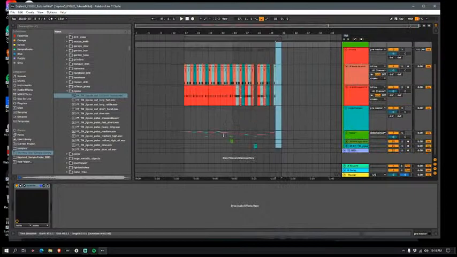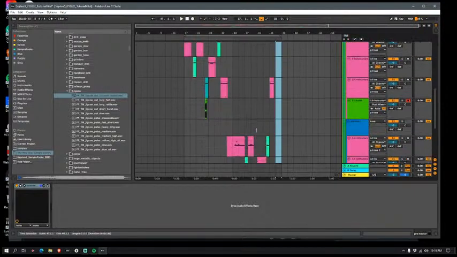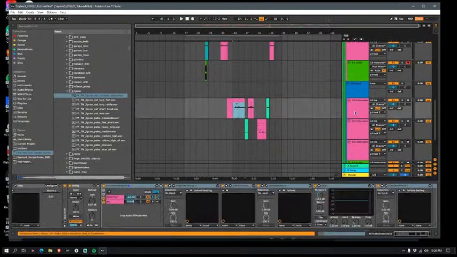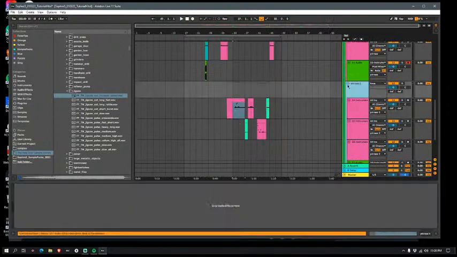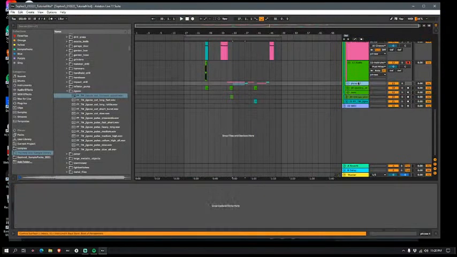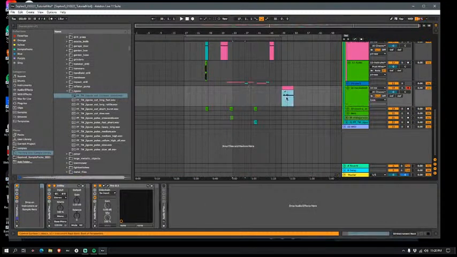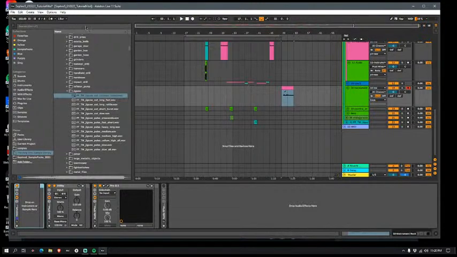I feel like maybe this is kind of like the melodic motif. So maybe if I took that and just put it on a lead instrument, like a higher register instrument. I don't know. Let's do Vital